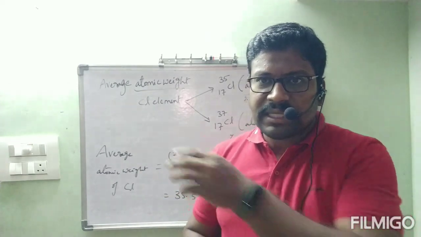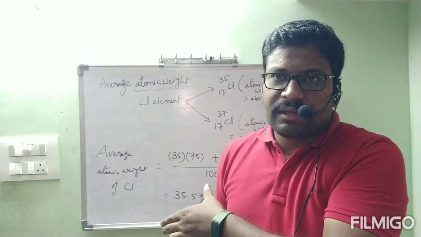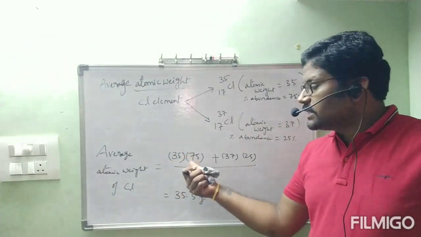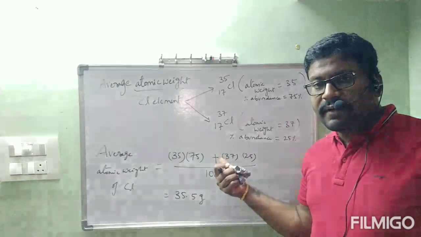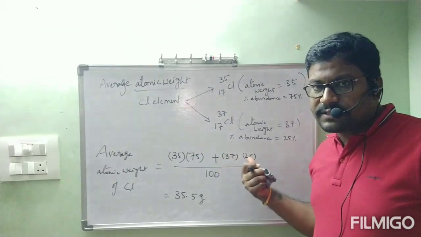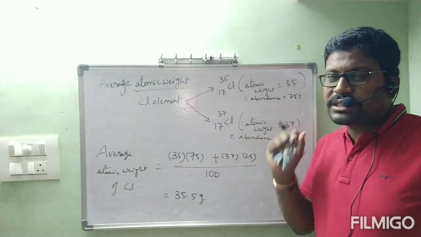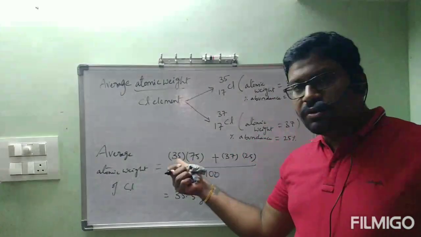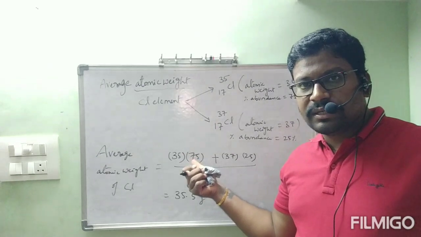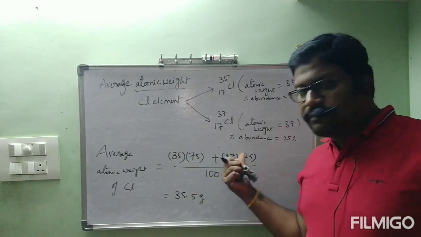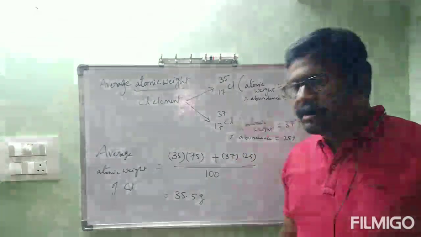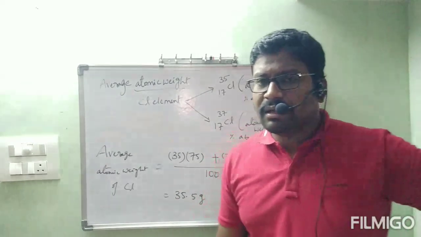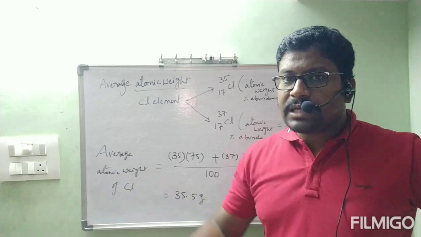Before going to that, once again get clarity about this average atomic weight. What is the formula of average atomic weight? Atomic weight of first isotope into percentage abundance of first isotope plus atomic weight of second isotope into percentage abundance of second isotope, whole divided by 100. By doing this calculation, we got atomic weight of chlorine as 35.5. First do 35 into 75 on the calculator, plus 37 into 25, add them, divide by 100. Definitely you will get 35.5. Okay, now our question: why have we considered chlorine only for this procedure? Then what about other elements?